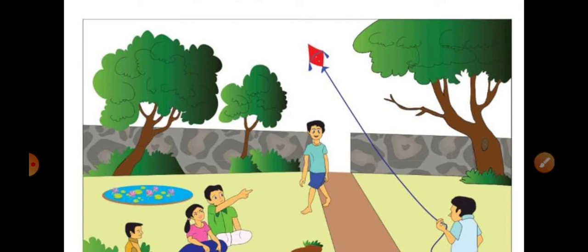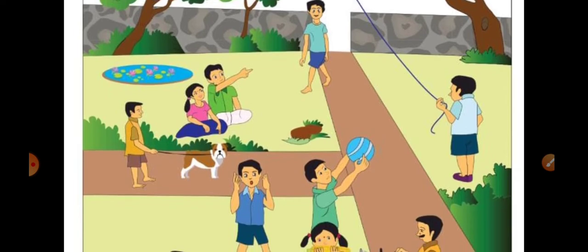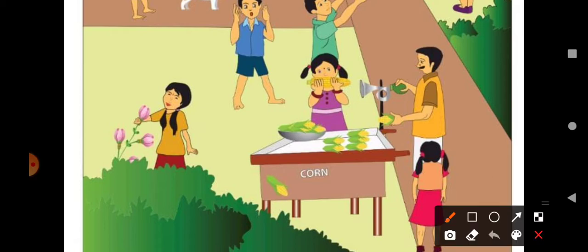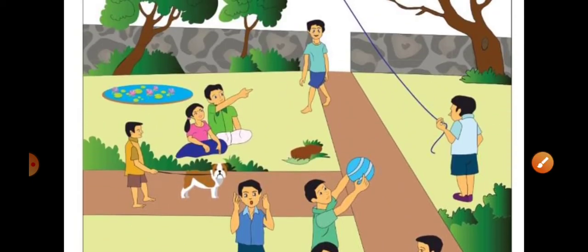near the object with the smell. Whichever objects have a smell, we are going to draw a rectangle near them. See here, these beautiful flowers. These flowers have smell and then the corn will have smell. Okay, so two marks I have drawn here. You have to draw rectangle near the objects with the smell and then you have to draw triangle with the objects which are tasty.